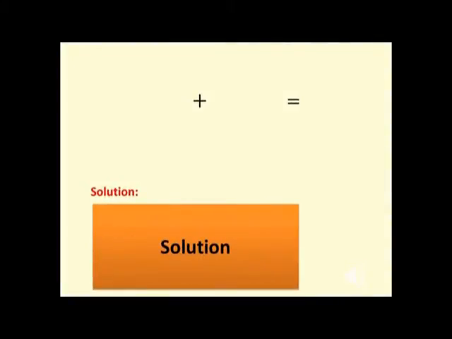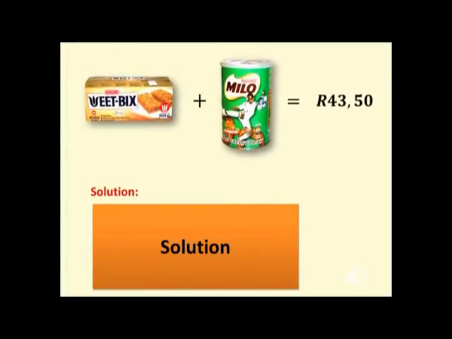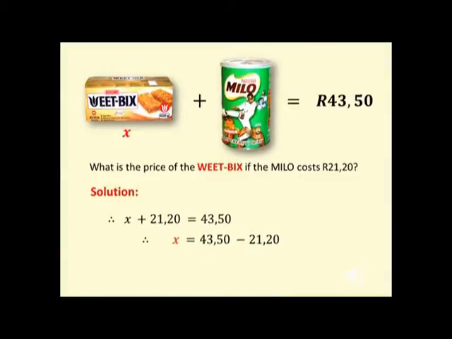You buy a box of Weet-Bix plus a tin of Milo and you pay 43 Rand 50. What is the price of the Weet-Bix if the Milo costs 21 Rand 20 cents? The solution: let the Weet-Bix be equal to x. Therefore x plus 21 Rand 20 is equal to 43 Rand 50. Therefore x is equal to 43.50 minus 21.20. Therefore x is equal to 22 Rand 30. It means to say the Weet-Bix is equal to